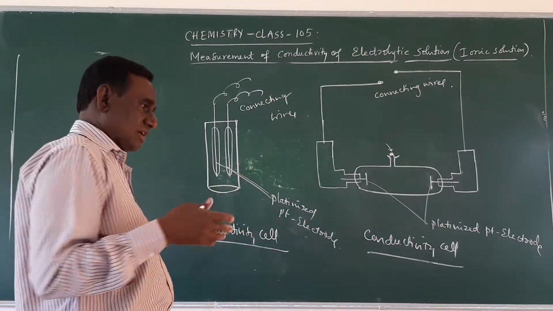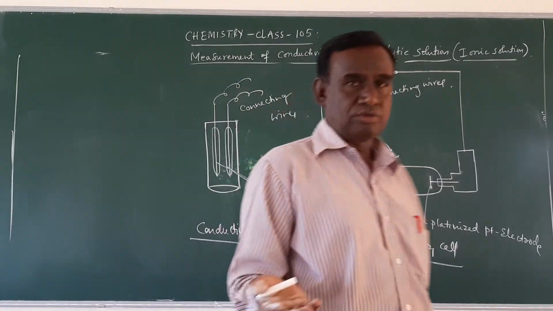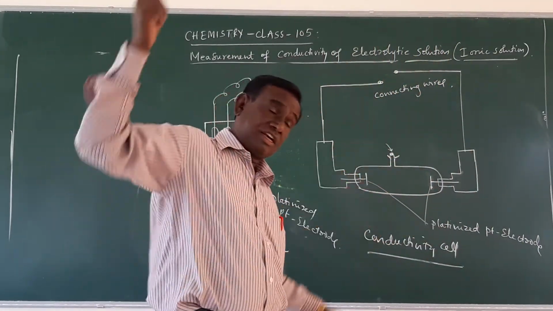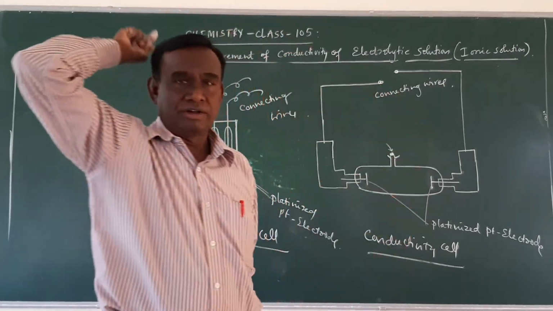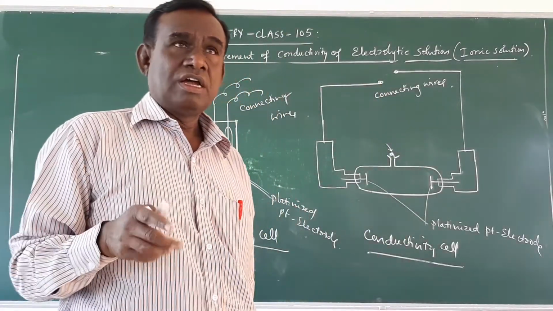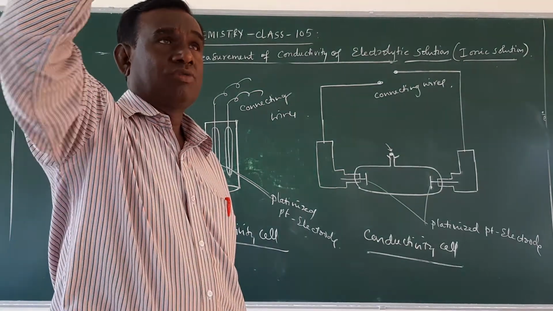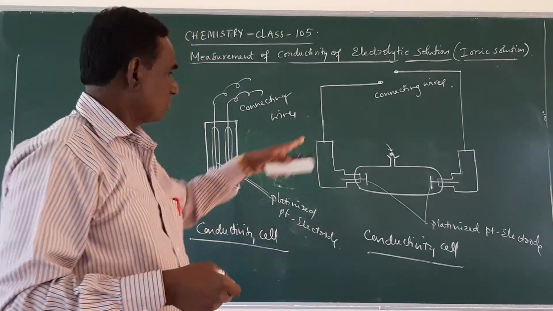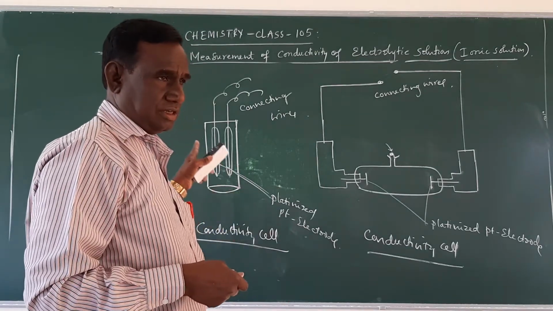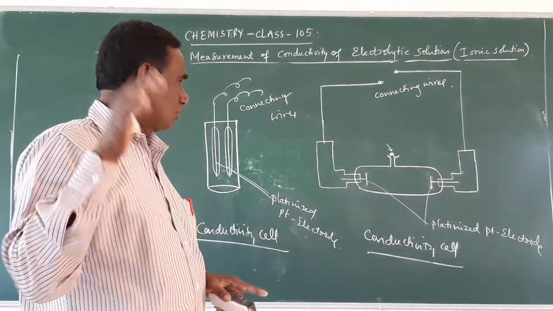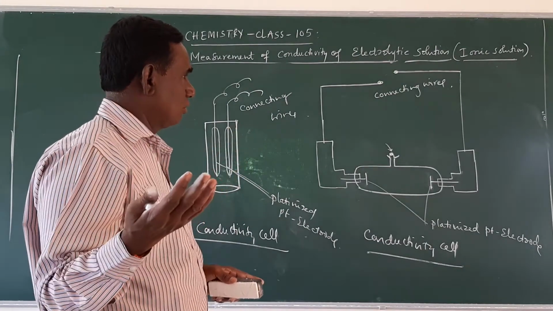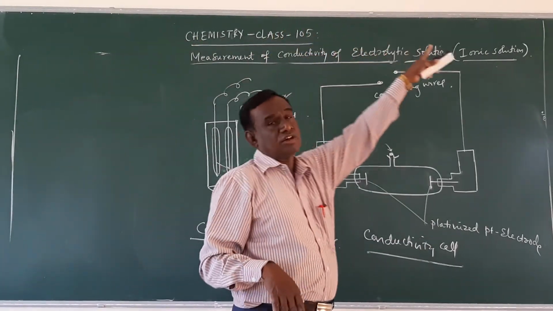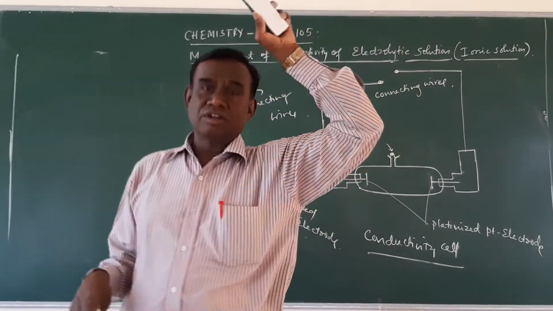The electrolyte solution whose conductivity is to be calculated is taken in the conductivity cell, and then it is connected to the Wheatstone's network. Therefore, the network wire is not directly connected to the solution. It is not a metallic conductor. Okay, that is how we can solve the two problems and measure the conductivity of electrolyte solution or ionic solution using conductivity cells.